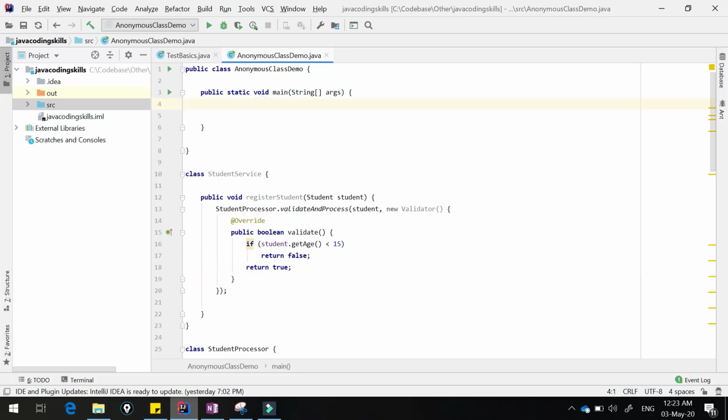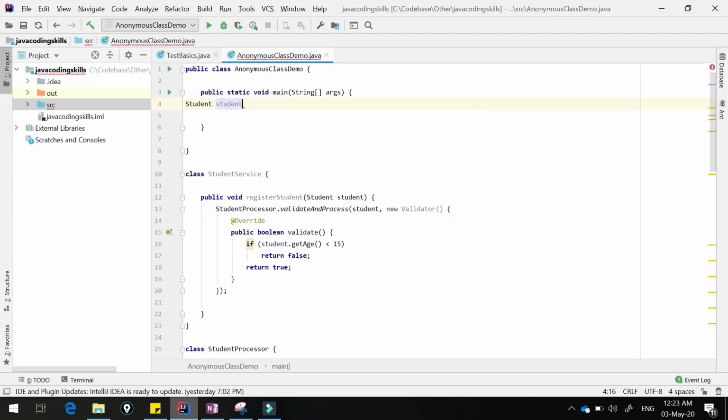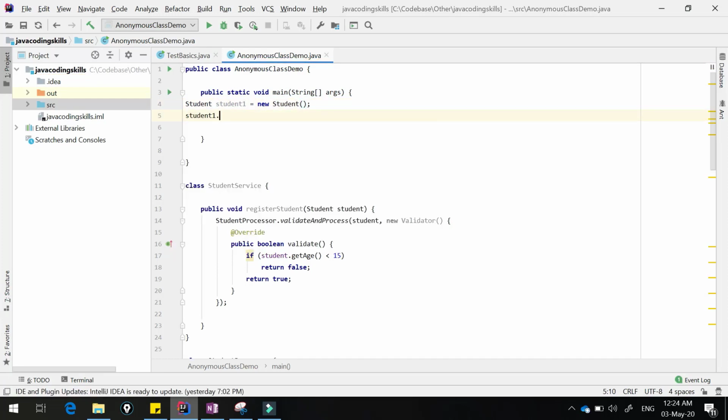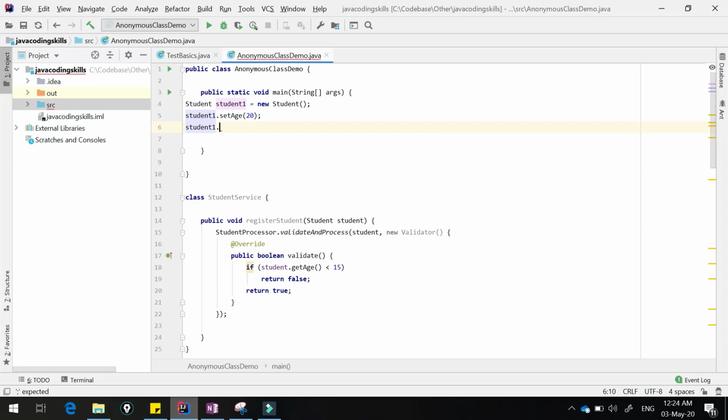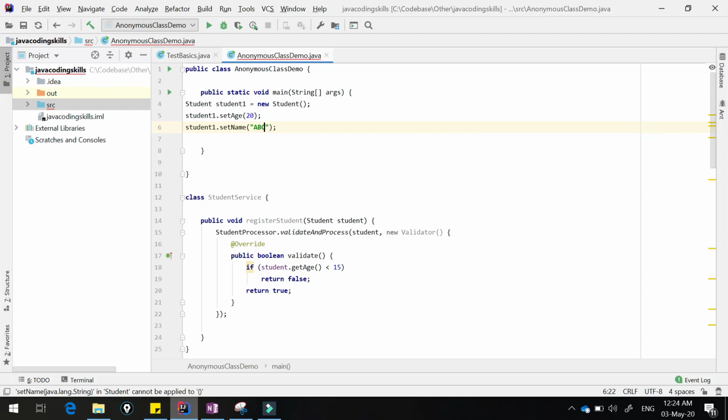So now we are going to create two or three students, and we will try both cases, one failing validation and one succeeding. Let us quickly create one student object, student1 equals new Student. student1.setAge equal to, suppose, 20. In this case validation should pass. Then set name, something like ABC, or let's say past validation student.